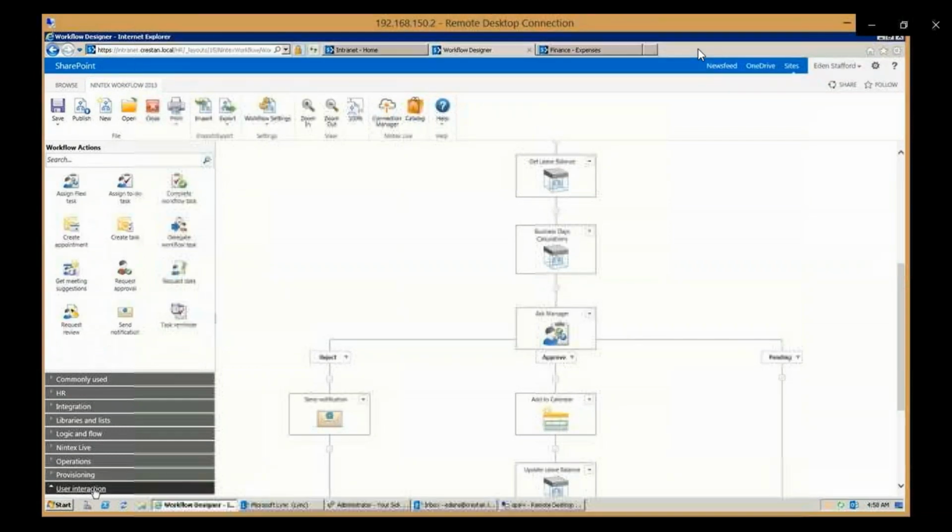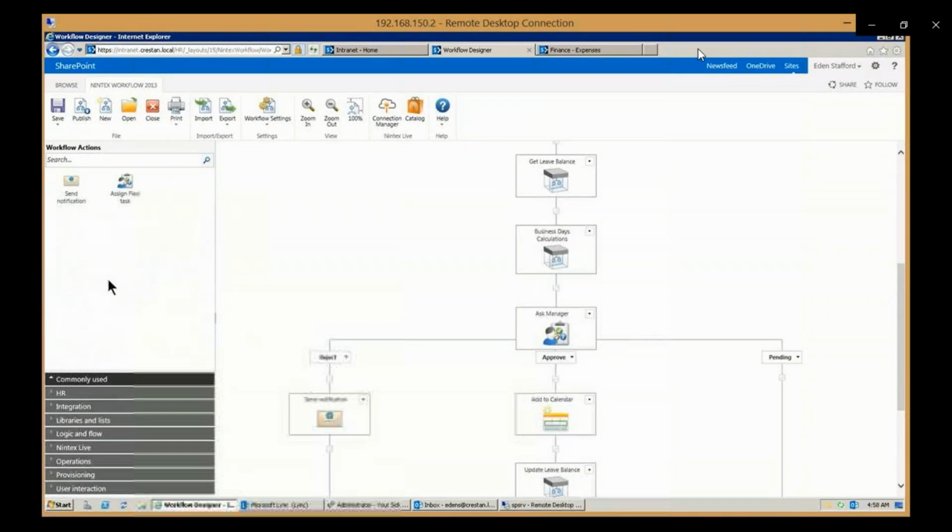And as far as the user interface is concerned here, in these actions, you can create Outlook appointments, tasks in Outlook. You can even go get meeting suggested times as well. So a lot of actions that you have over here on the left-hand side. And again, anything that you don't see, you can create or have your IT group create some custom actions.